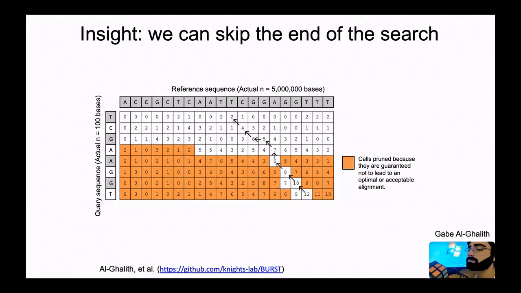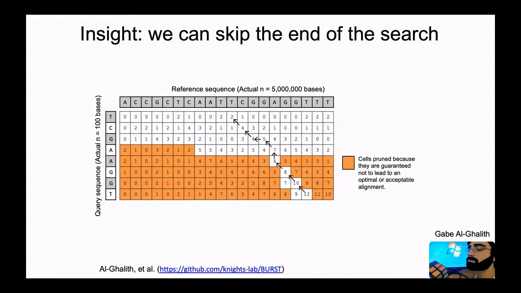What he realized, and this on its own wasn't new, was that as you got further and further into the table, you could actually prune off whole sections of the table that you could prove couldn't reach the optimal solution because the score was too far away from optimal. So even if you had a perfect alignment from then on, you couldn't reach the optimal score. By doing this, you can get about a 2x speed up for free. So you can prune the bottom half of the table. Now you're down from 75 days to 30 or 40 days, still too slow.